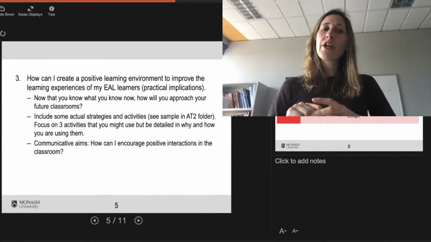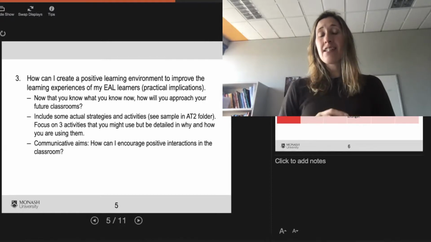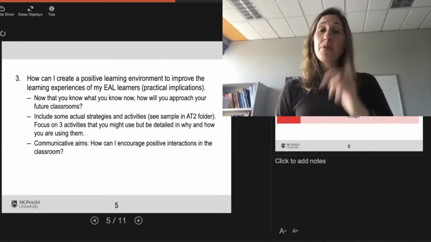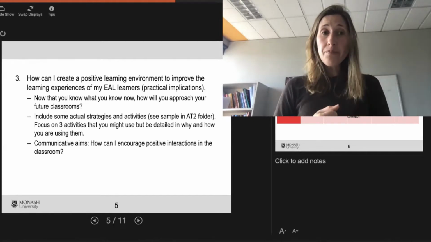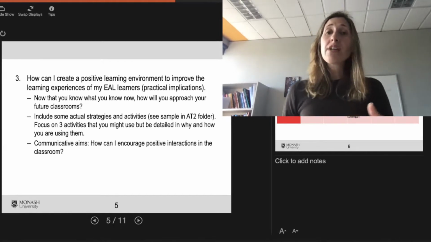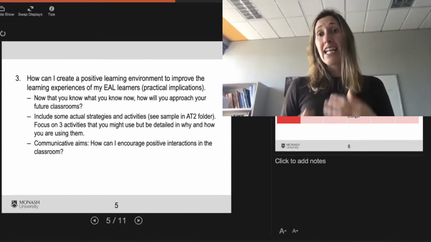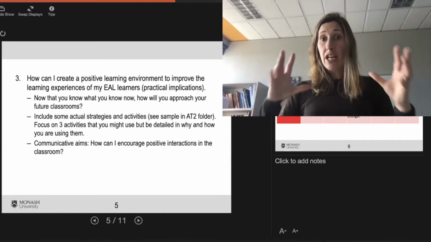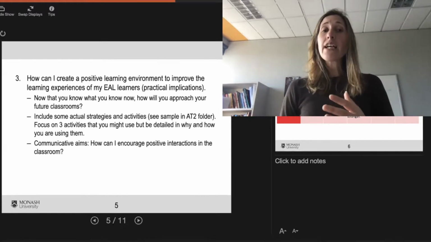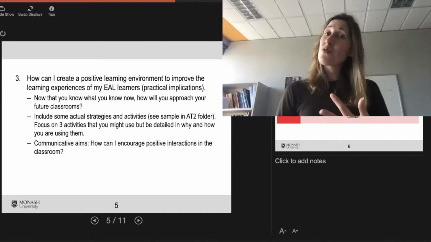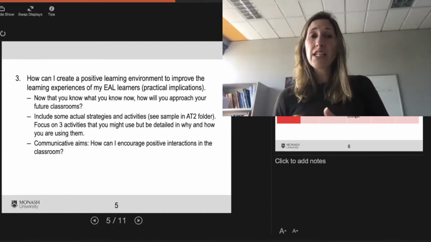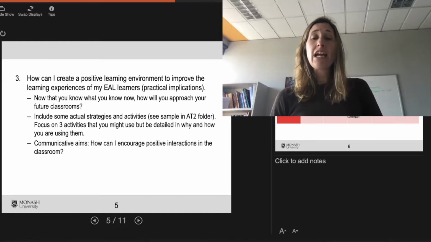And then what you're going to do is design or discuss some activities or strategies, and there are some examples in the assessment task 2 guides and resource folder. Now, I've said 3 to 5, but actually I would just focus on 3 and give them a bit of time to really look at them. So you're not only going to talk about what they're going to do, you're going to talk about what level of students it's focusing on, what is the objective. Now, it's not the whole lesson plan, you're not doing a whole lesson plan, but you need to explain why you're using these.